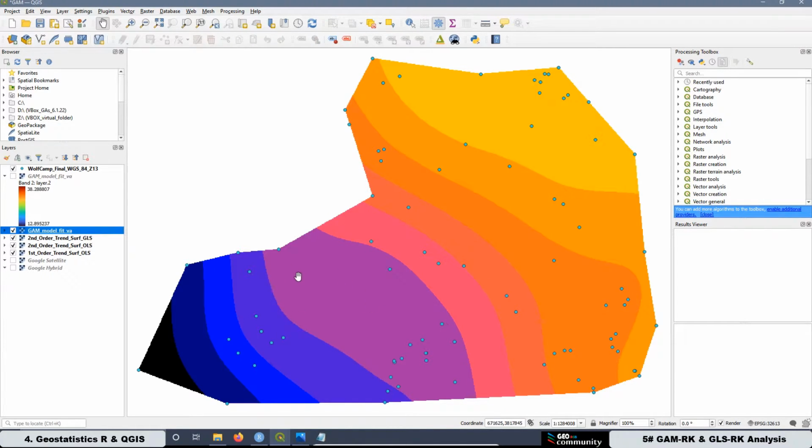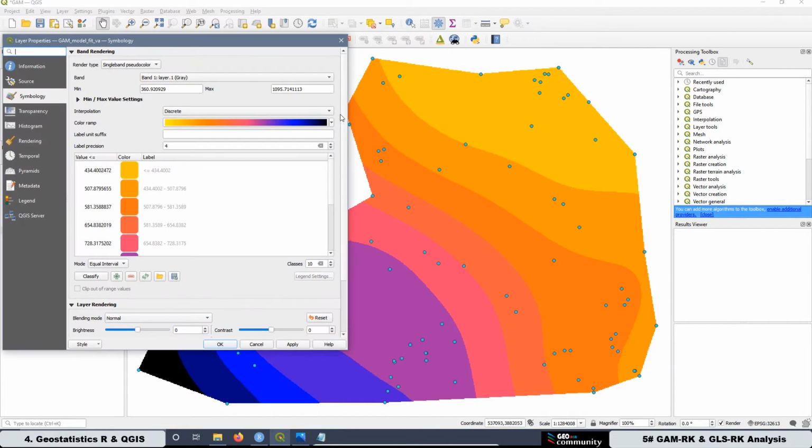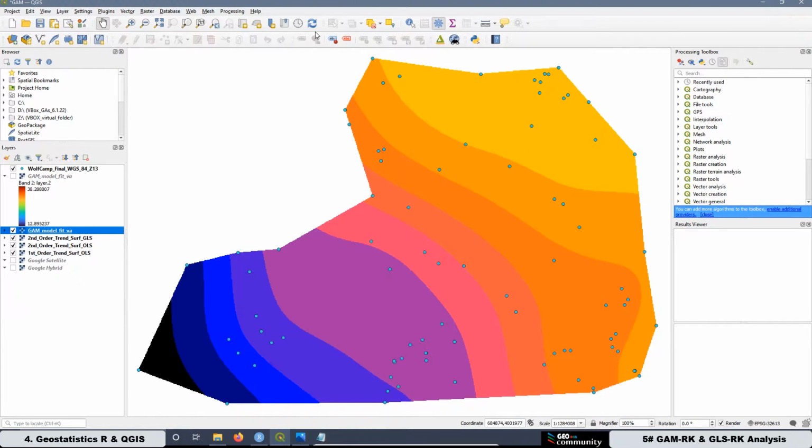And in order to do that one, we have to remove here one of the bands. Because when I have two bands as here, one band for the deterministic model and the other band for the error associated with that deterministic model, the plugin that I'm going to use to do the 3D visualization of the model, that is this plugin, let me show you, this one, QGIS